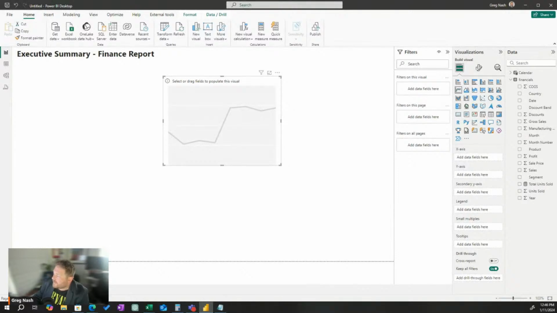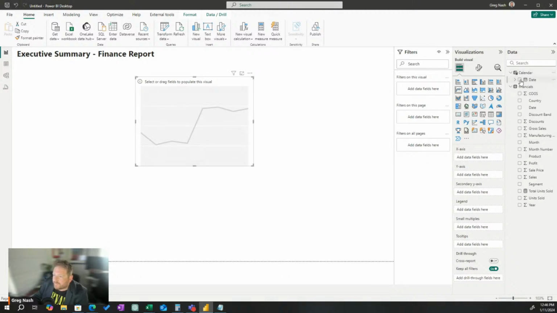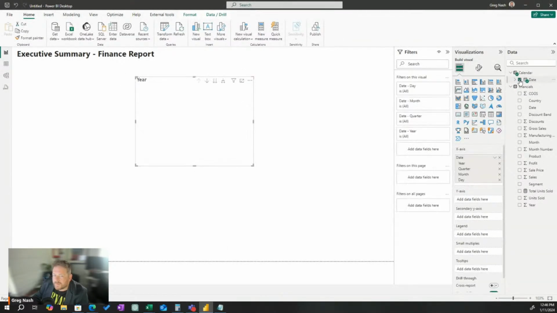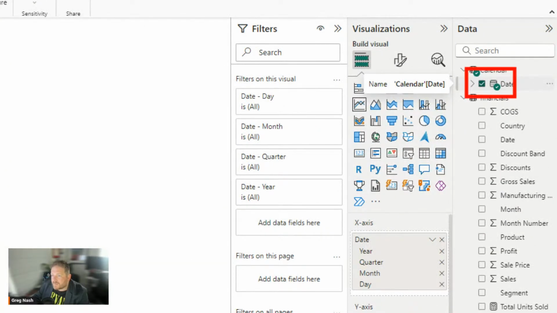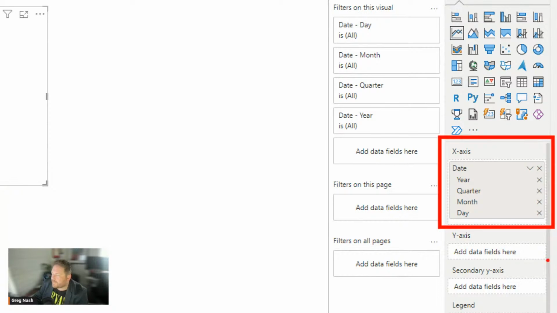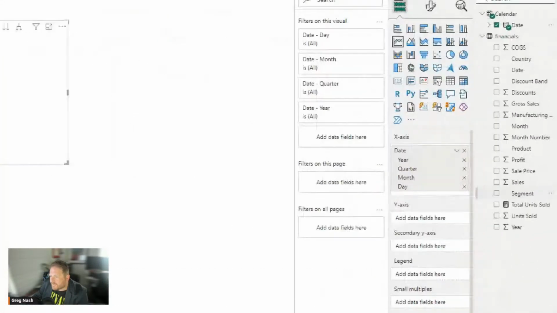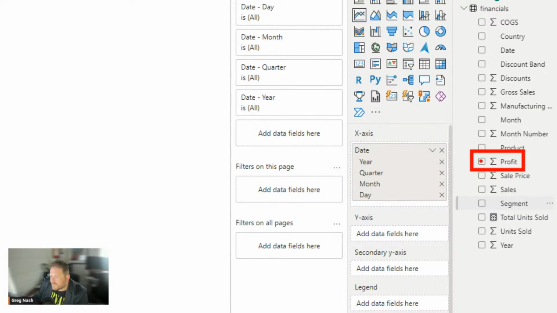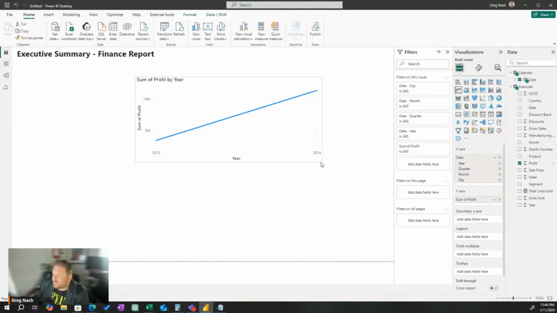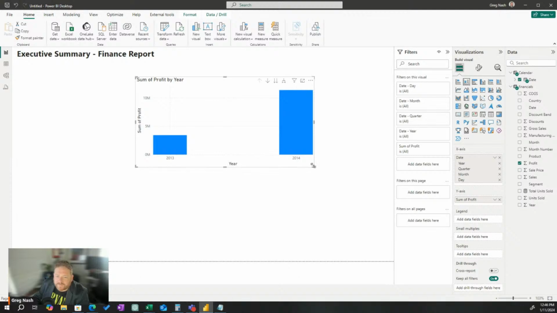We are going to add some information into a line chart. The information is going to be our date. So over here on the right-hand side, we're now going to select the date from here. You're just going to literally tick the box. We just ticked the box. That's all we did. Okay. And it added it to the x-axis here. And then we're going to tick the box on profit right here. Tick. And look at that. Sweet line chart. Hey, that didn't make it a line chart. They made it one of these. Okay. Let's do that then.